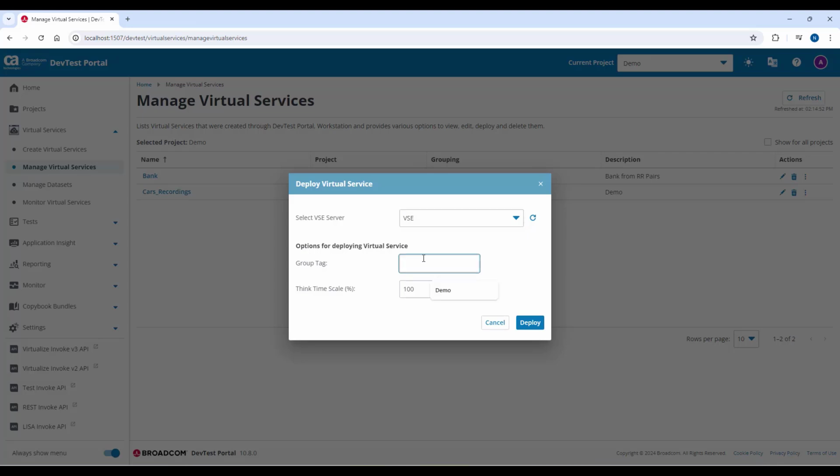The other options on this screen include a group tag to make it easier to filter in your list of services. That way you can monitor multiple virtual services together. And the Think Timescale percentage defines the response time behavior for the service. We'll leave it at 100% for this example, but you can modify this if you want to introduce a delay to mimic the behavior of your application. As that's the last configuration piece we need for our example, we'll click Deploy